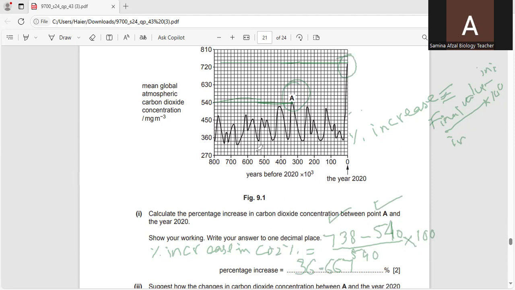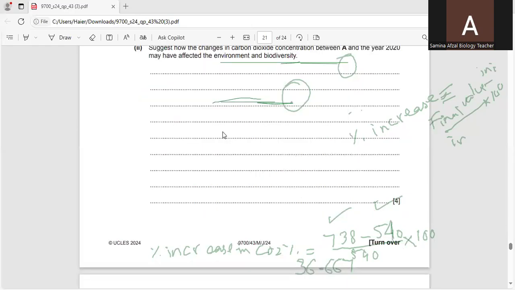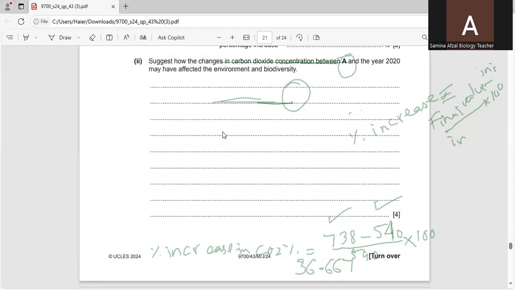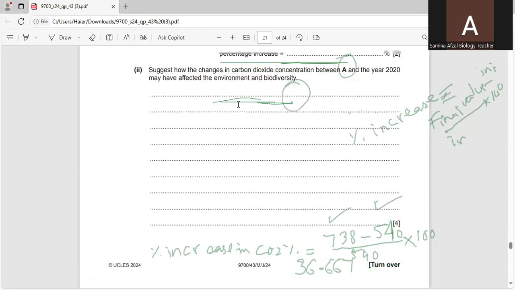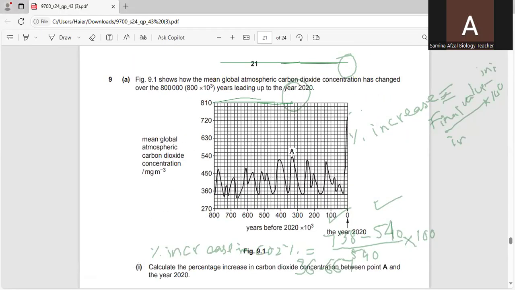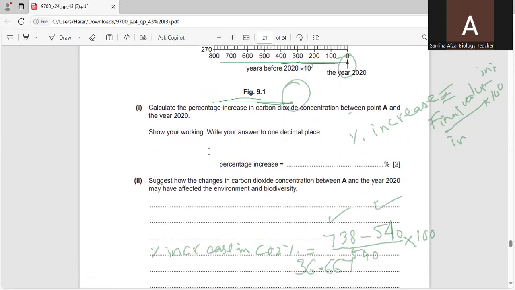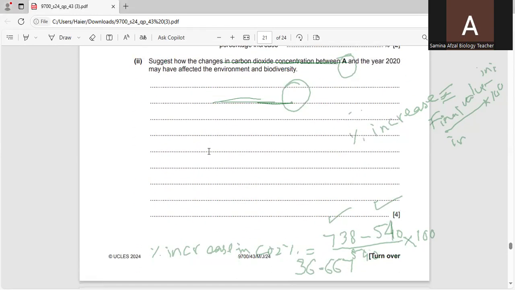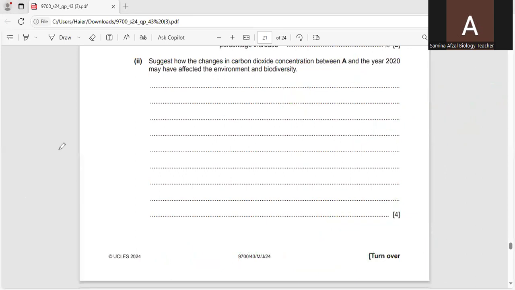Now we are moving towards the next question. And the next question is, suggest how the changes in carbon dioxide concentration between A and the year 2020 may have affected. And here you can see, students, the carbon dioxide concentration is increasing from 540 to 738. It means the highest increase in the carbon dioxide concentration. So by using this graph, we have to suggest how the changes in carbon dioxide concentration between A and the year 2020 may have affected